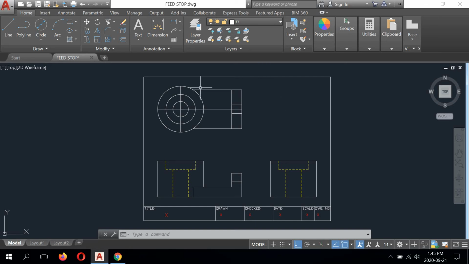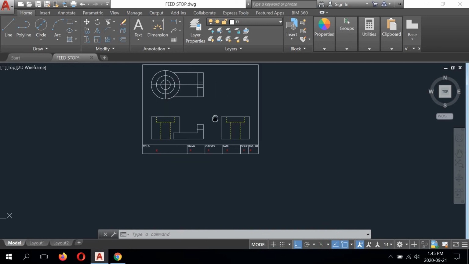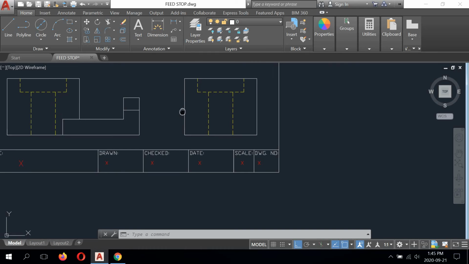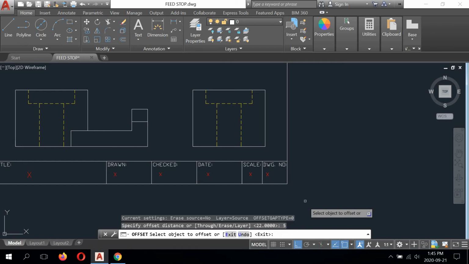And I need to break this up over two sides. So 10 divided by 2 is 5. So it's going to be 5 per side. So what we're going to do next is we're going to offset this line and this line inward 5 millimeters on both sides. So we're going to click offset, type 5, enter,